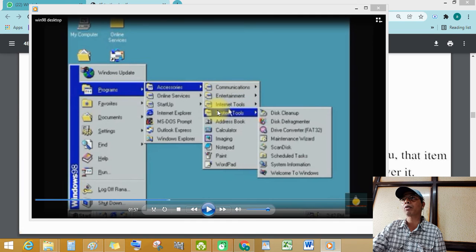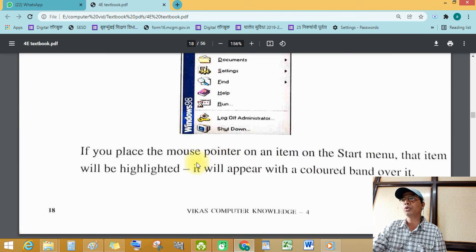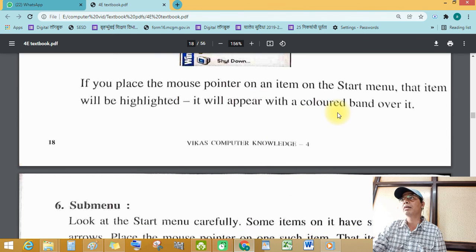It will appear with a colored band over it.